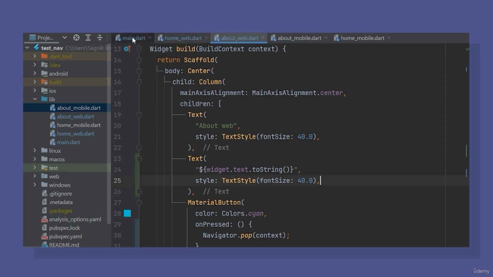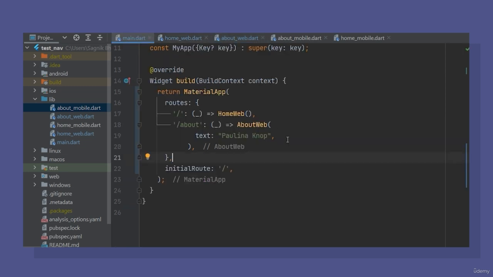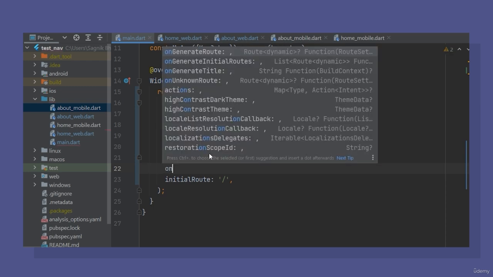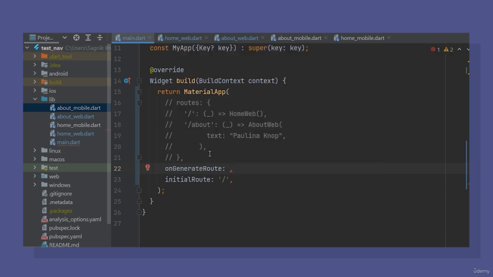Let's head over to the main.dart file then. I am going to comment out the routes, and instead of them, I am going to write onGenerateRoute, which is a property that we can use for navigation. Inside the function that is within the round brackets, there must be a parameter which is going to accept route data,